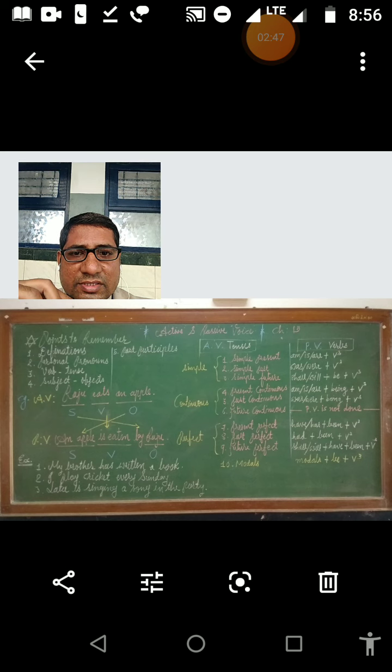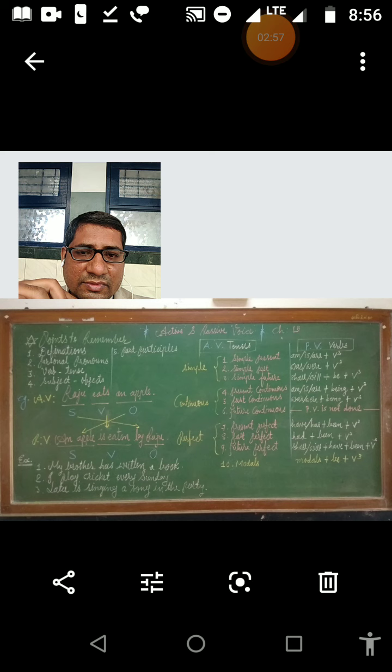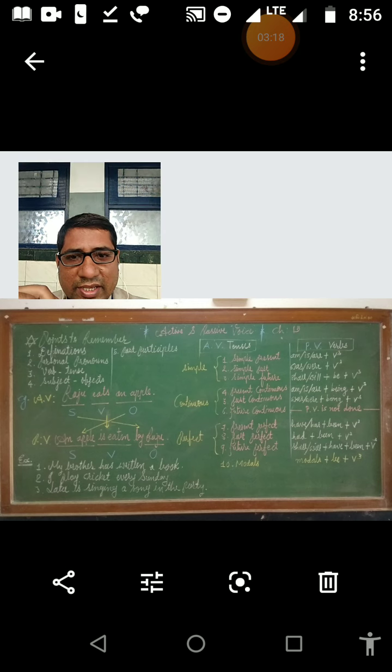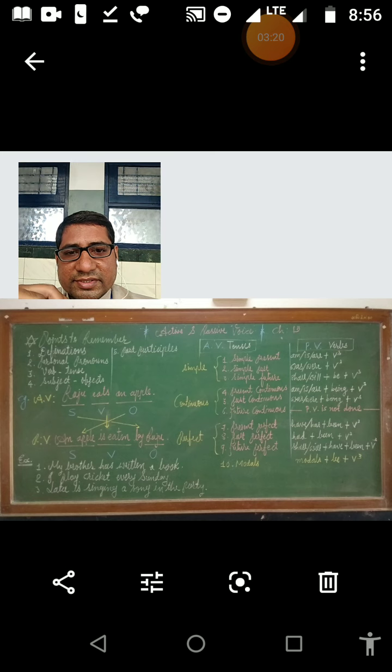Let's see the first example, and we will try to make a definition from that example. Raju eats an apple, a simple statement I have kept here, that is in active voice. Dear students, identify the tense for that statement. The statement is in simple present tense, correct? Good. Now, the whole statement has three parts. Raju is the subject part in the statement. Eats is the verb, and an apple is the object. So SVO: subject, verb, object.